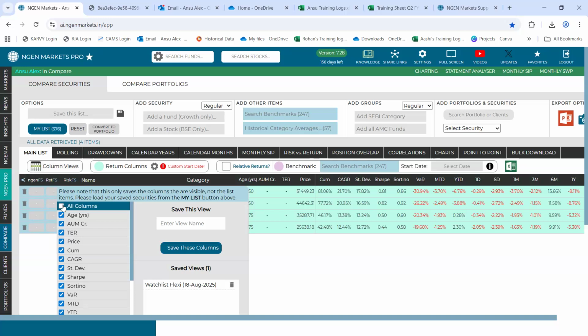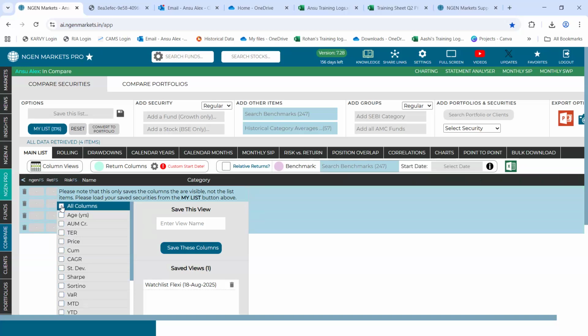How you can go about it is you can firstly select what all are the columns that you want while analyzing a list of funds. Since I am analyzing indices, I would be requiring specific columns only. Let's say I select AUM and TER, I would not be requiring these for an index.